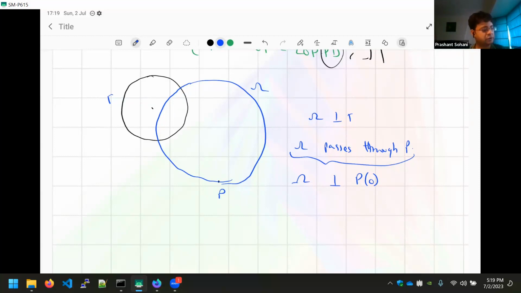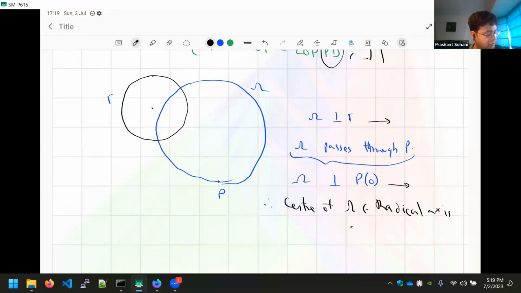So we have exactly the same situation which we discussed just a few minutes ago, that I'm given that there is a circle omega which is orthogonal to two circles. And so what can we conclude? Therefore, the center of omega lies on the radical axis of these two circles. So the two circles under consideration are the gamma circle and this P0 circle with center P